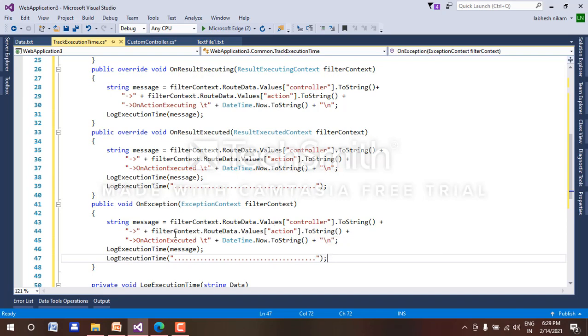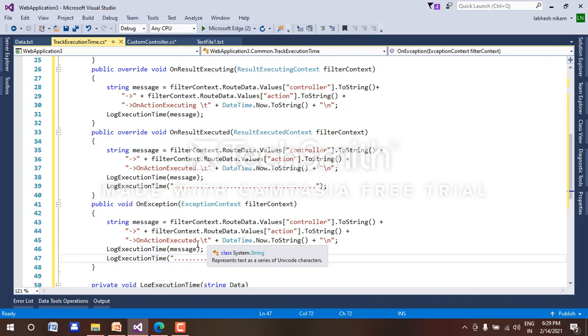This same controller is okay, action is okay, and here, after exception, we will add the message in place of this.